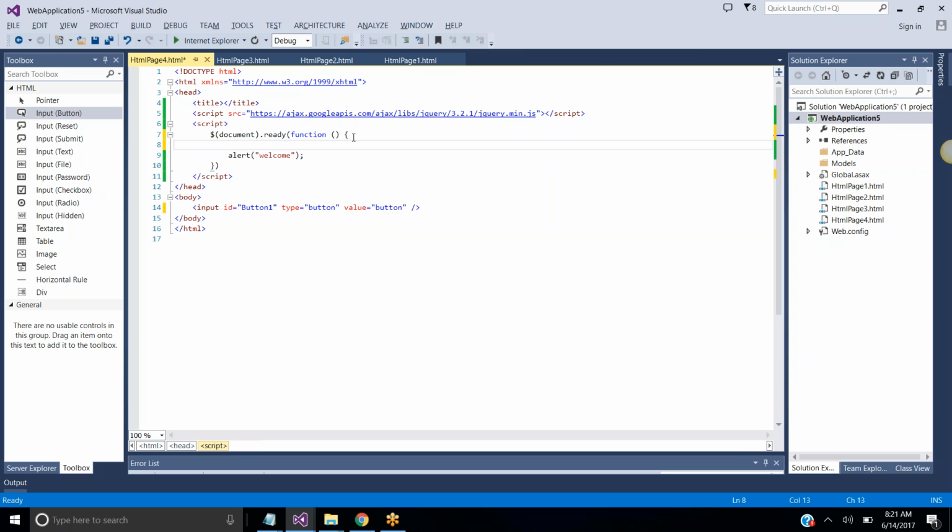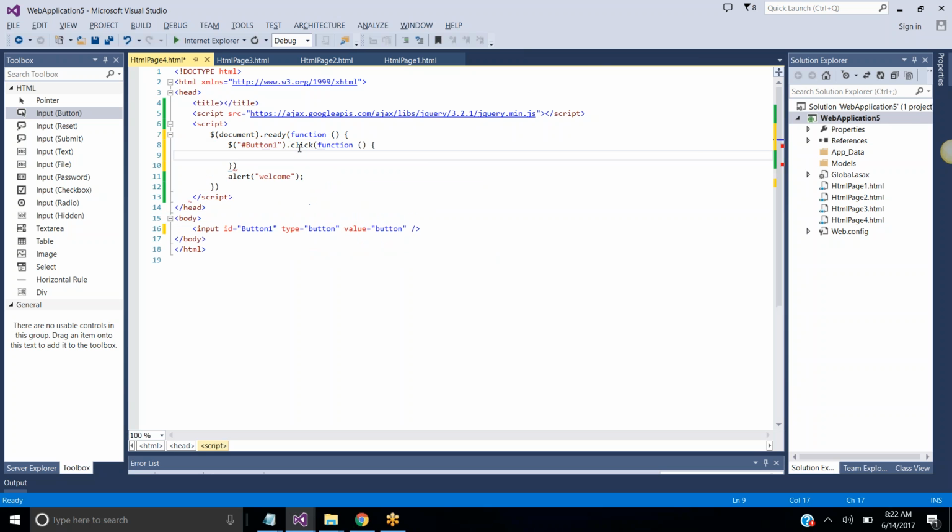Now listen here, all of you, very carefully. Each and everything needs to start with $. If you are proceeding with ID as a selector, as we discussed, we need to take hash and the ID. And whenever the user clicks on this button, dot click will be fired. Here we are raising the anonymous function, and the anonymous function will show the message to the user,